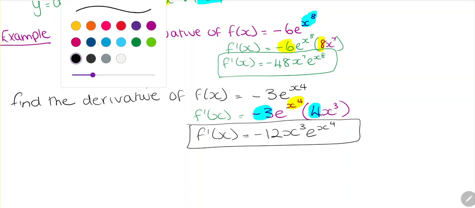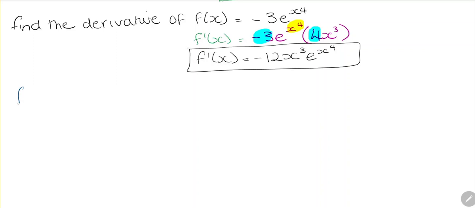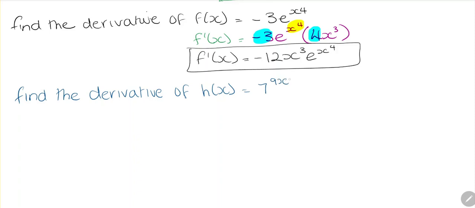Okay, let's have a look at another question. So this one's slightly different. Find the derivative of h of x is equal to 7 to the 9x all to the power 3. So this one we need to use ln, and we have our a value as 7. So what does it say to do? Well, a to the x ln a, so we're going to write it the same. So the derivative is going to be 7 to the 9x to the 3, and we're going to multiply this by ln of the base, so that's going to be ln 7,